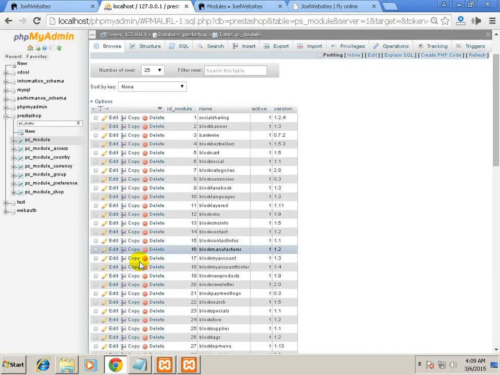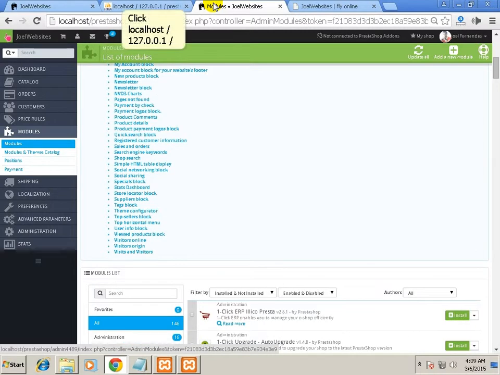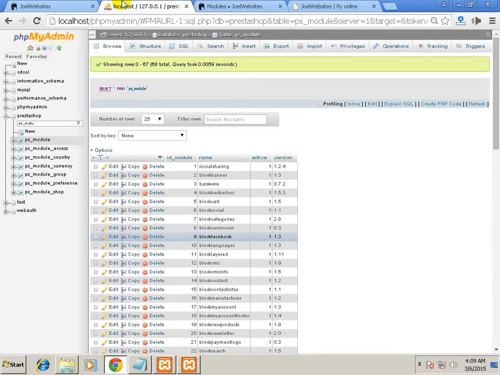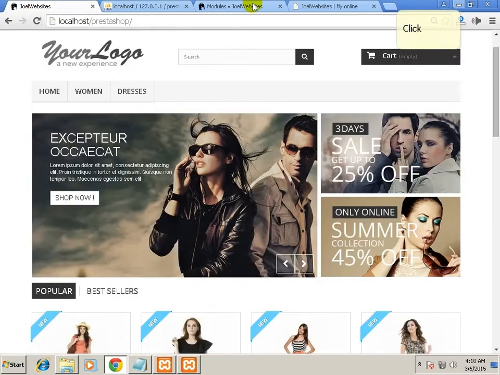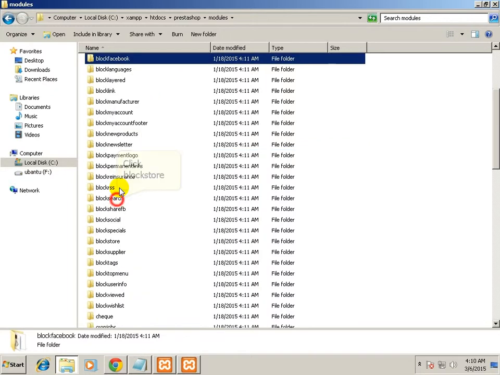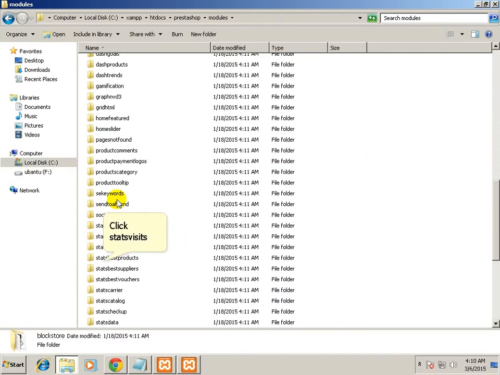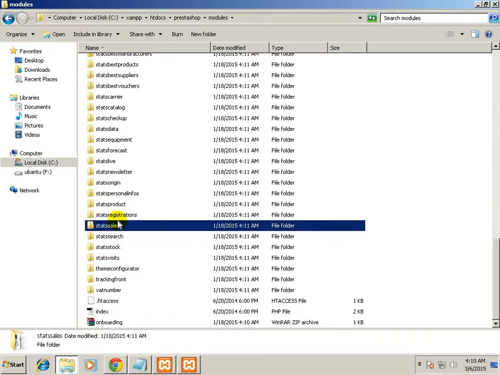Okay, and I'll show you the module structure. Now there are many modules. Let's say the simplest module, block contacts. Now the images, I don't know why there are two image folders here. Okay, let's try another one.